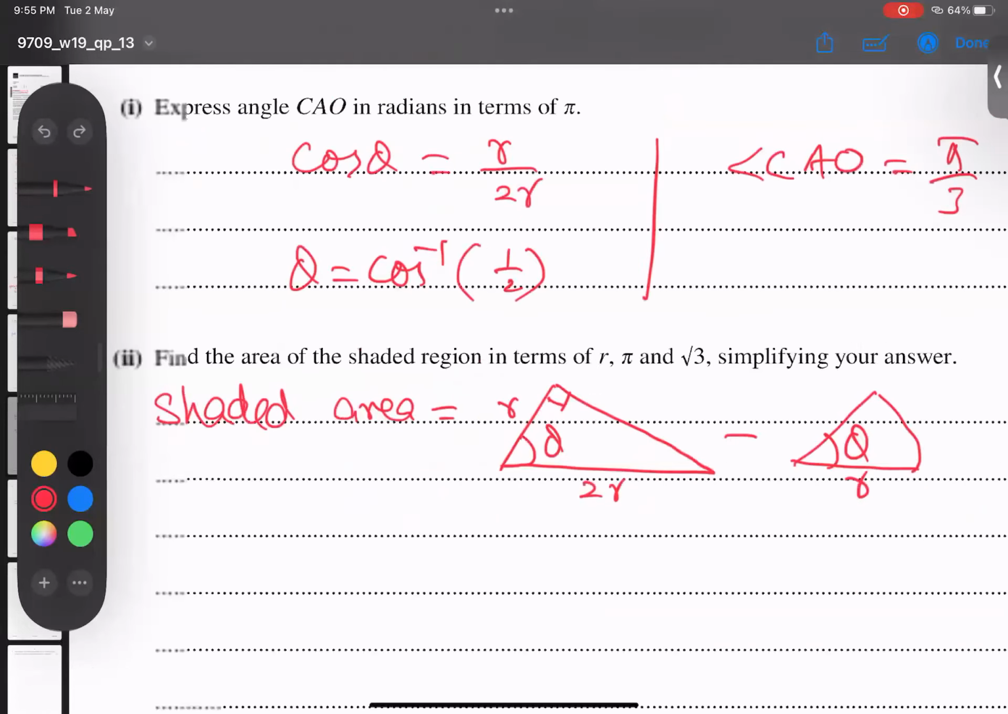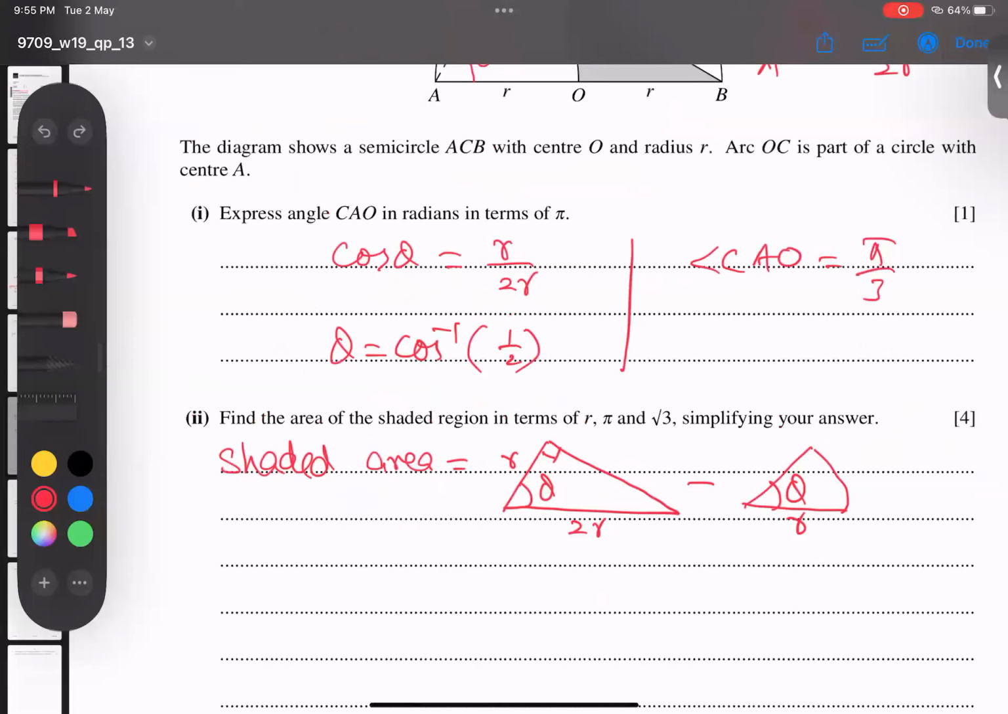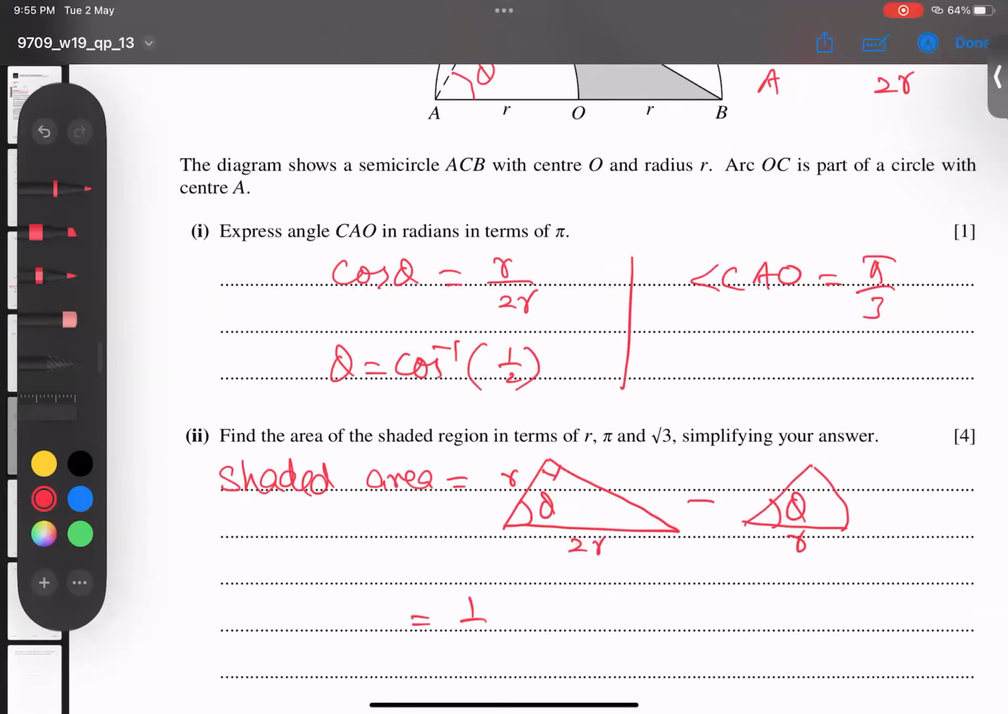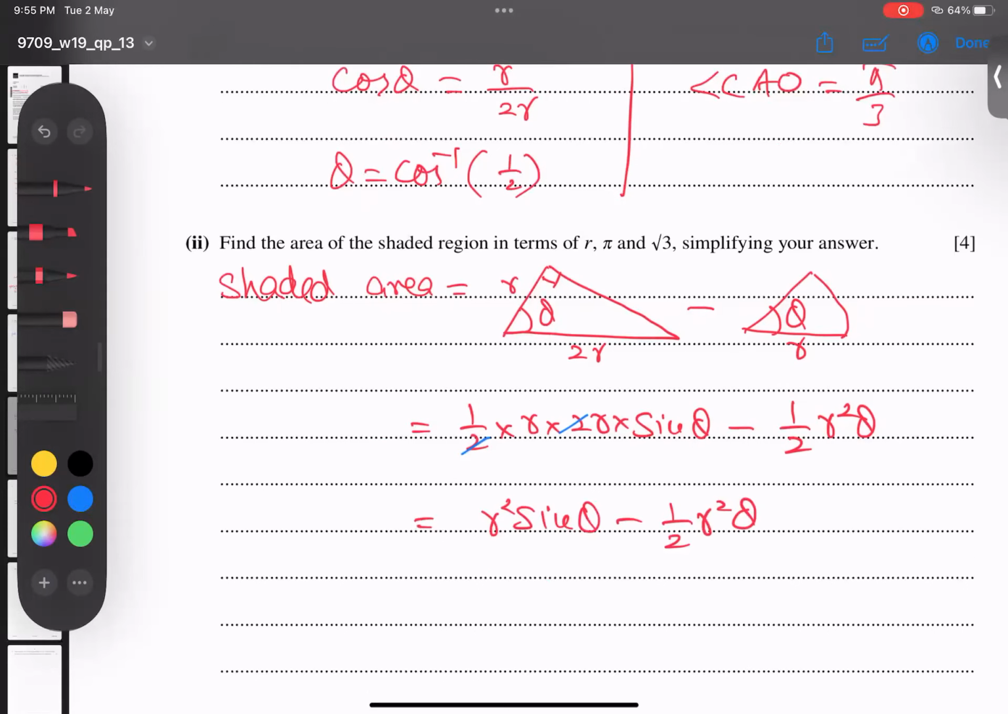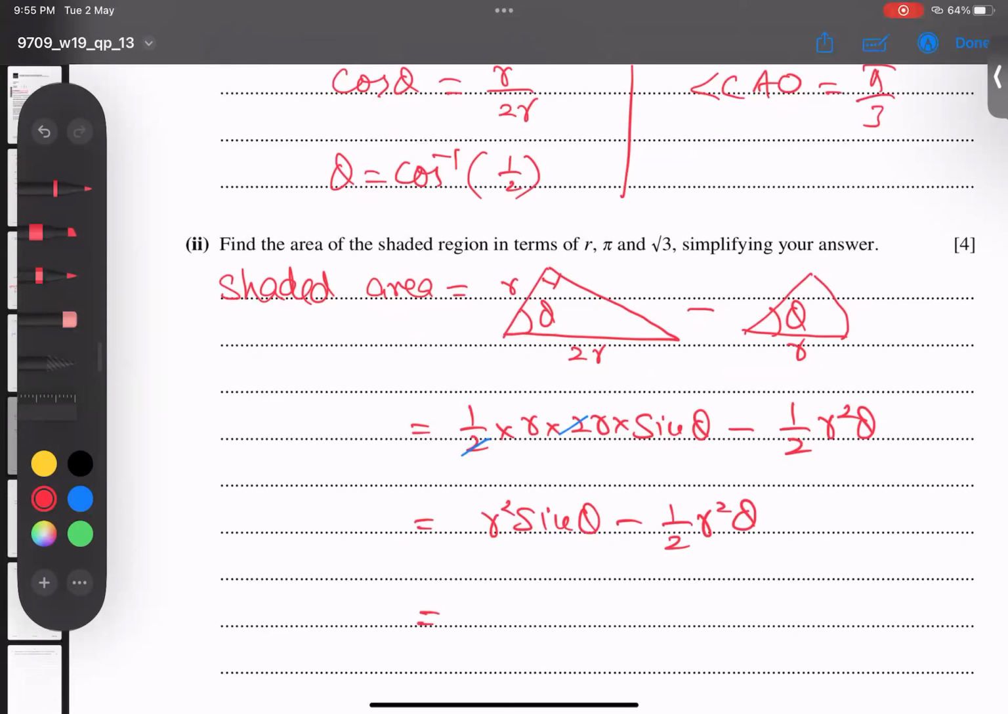For this condition, we must know two sides and the middle angle. So let's start. Half into one side, into the second side, into the sine of the angle in the middle. Half r square theta. Half, this is 2, to cancel out. This 2 and this 2 cancel out. And I got r square sine theta minus half r square theta. And now we are close. So what is sine theta? Theta is, if you look carefully,